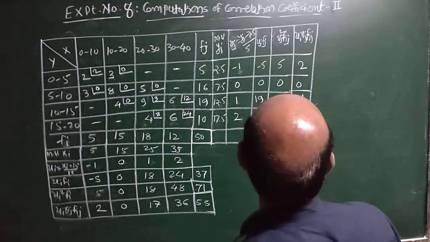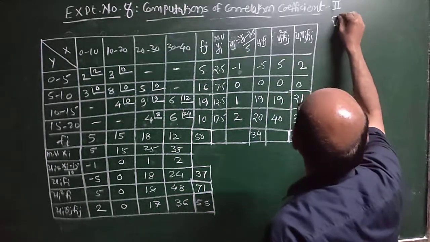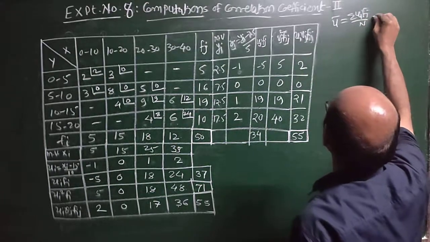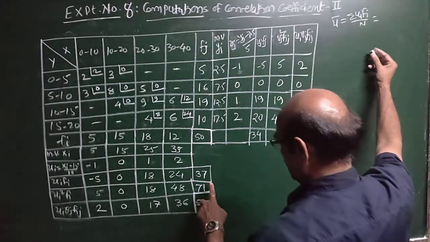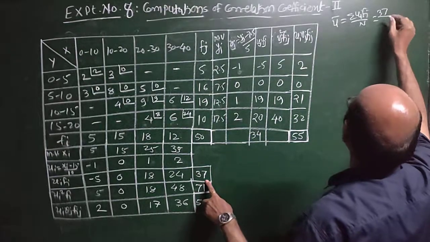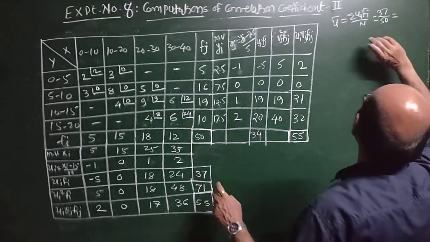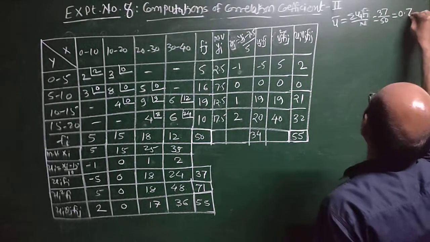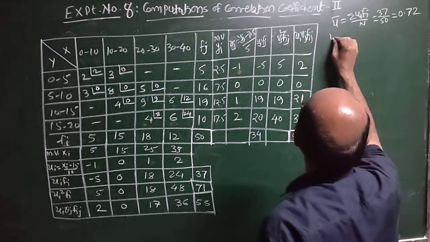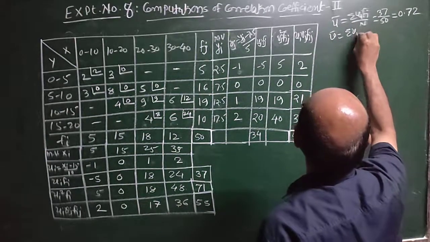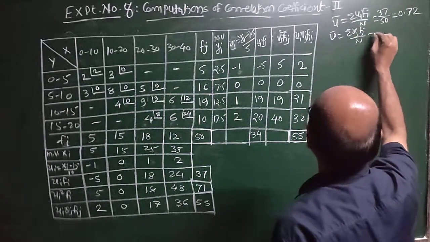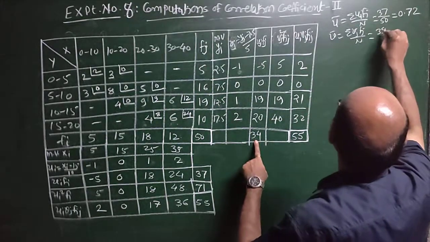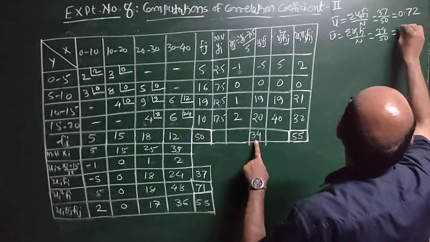Now, what are the things required? You have to obtain the u bar value, summation of ui fi divided by n. So ui fi is 37 divided by n, which is 50, so this will be 0.72. V bar equals summation vj fj divided by n. So vj fj will be 34 divided by 50,